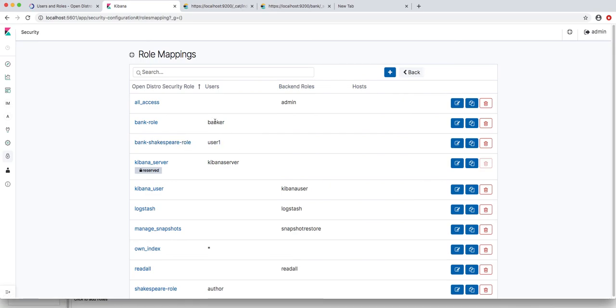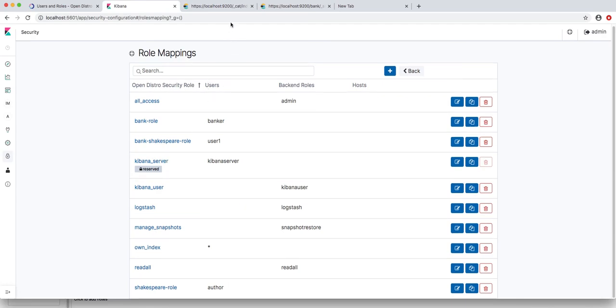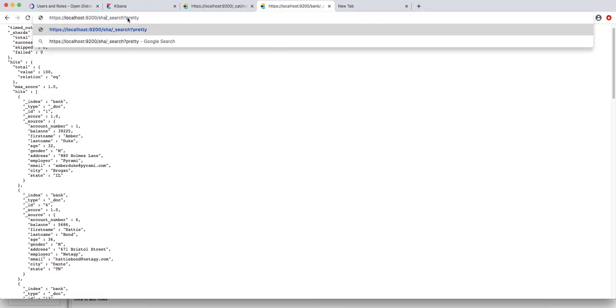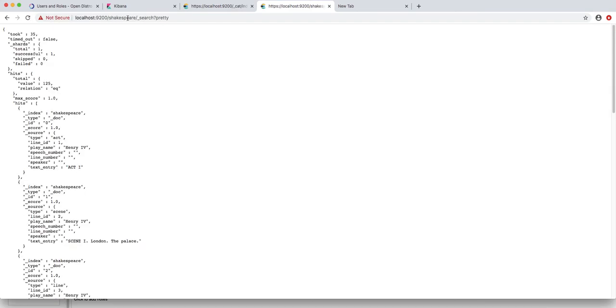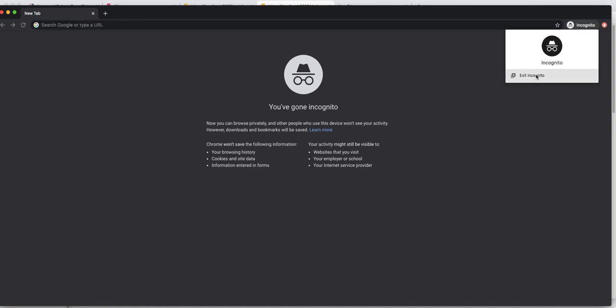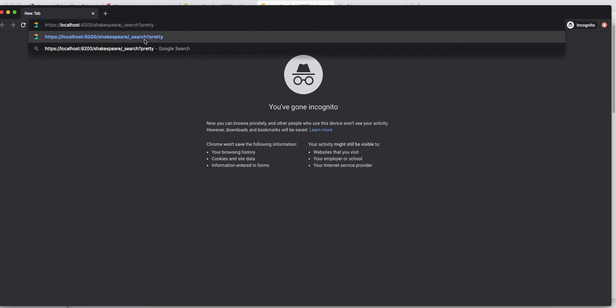So this is user, this is role, this is user, this is role, this is user, this is role, that way it will go. So let's try for the different index with different ID. We have already checked for the bank one, and this is the admin portal, that's why it's working fine, because admin has all rights for all indexes.